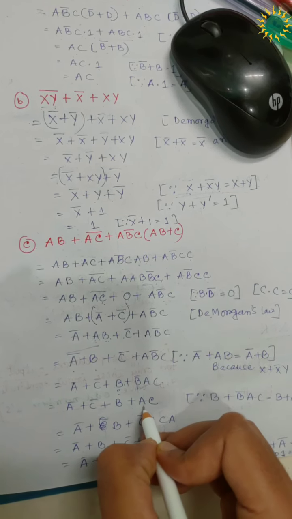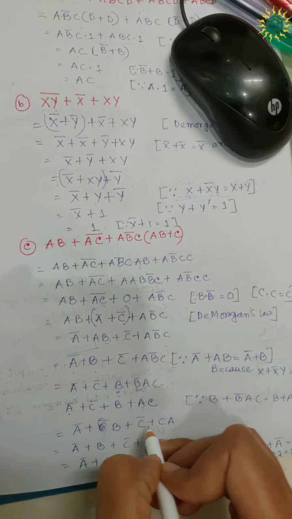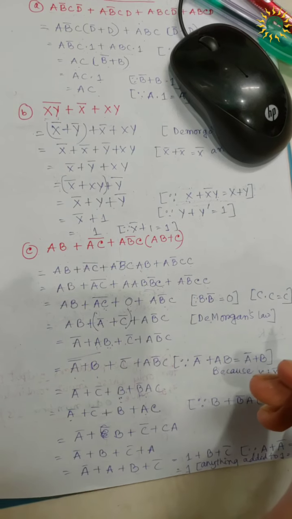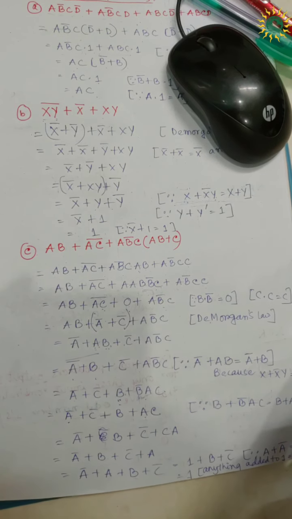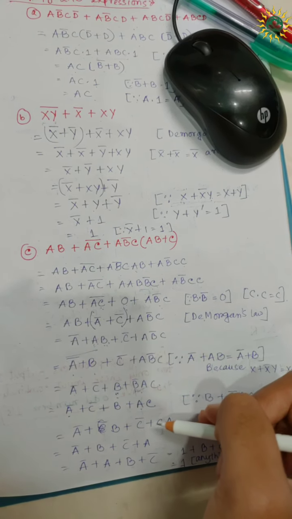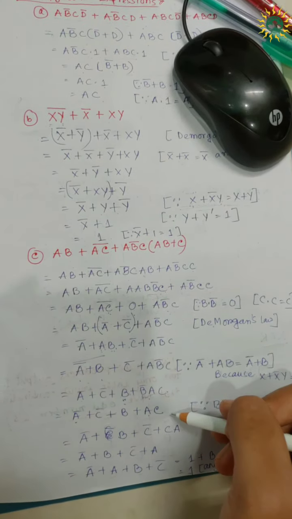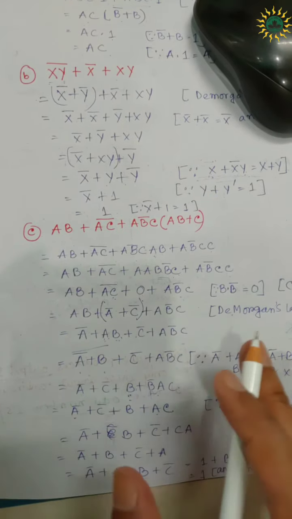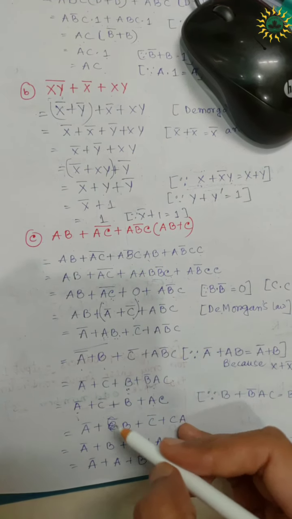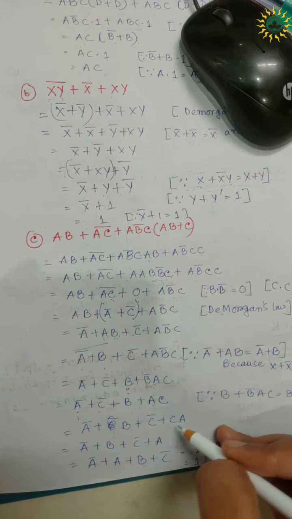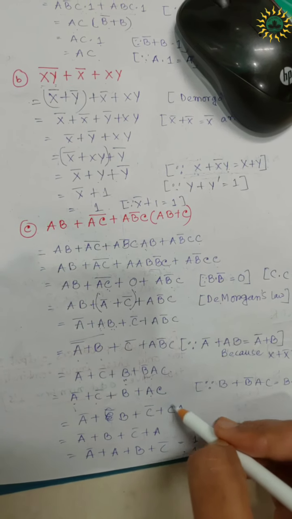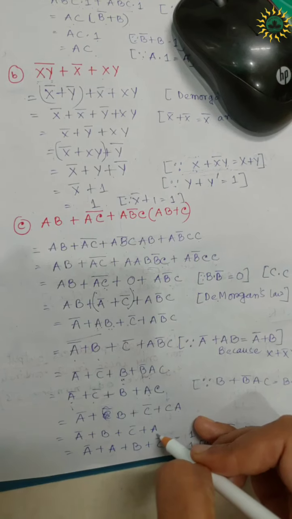After that we have A here and we have A bar here. We can keep that one after another, okay? Oh, we have taken C here. We could have taken A also. Anyways, we have taken C in this case. You could have taken A also. If you are doing with a flow and if you are taking A, then it's fine. Now we have taken C bar and we have made it CA. Now from C bar and plus CA, we are taking C bar and A. We are ignoring C.